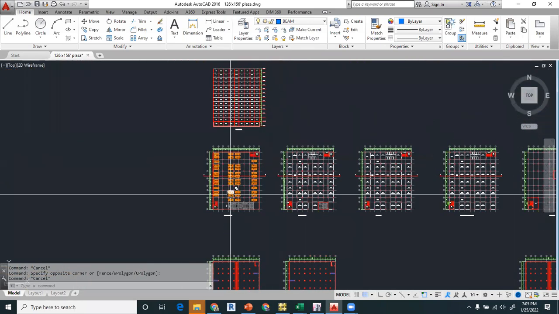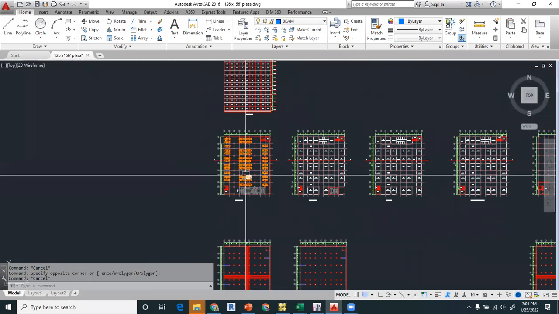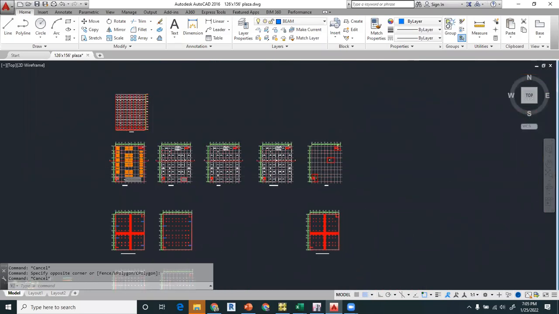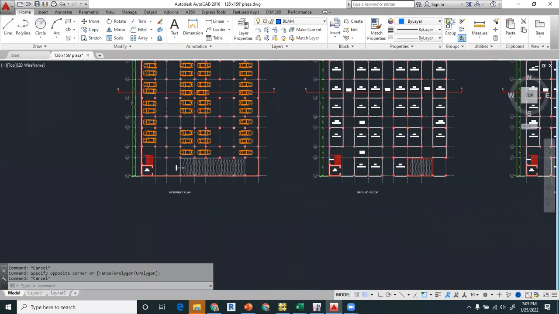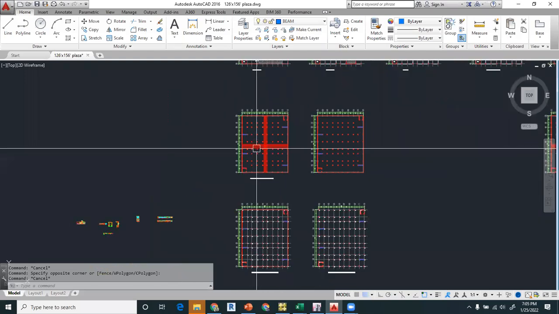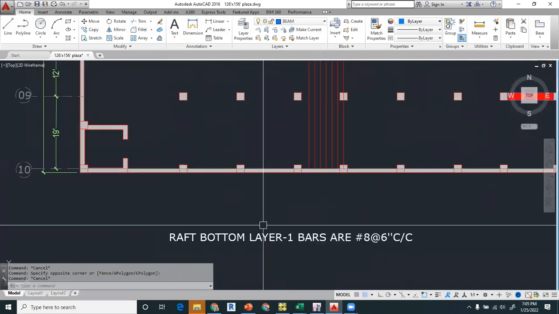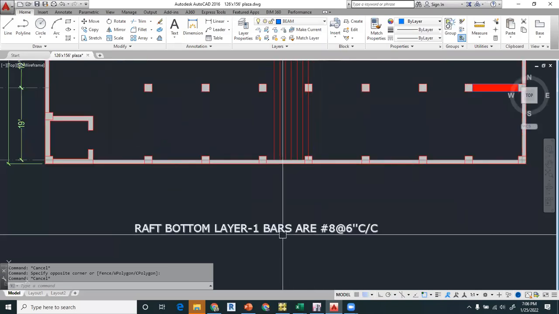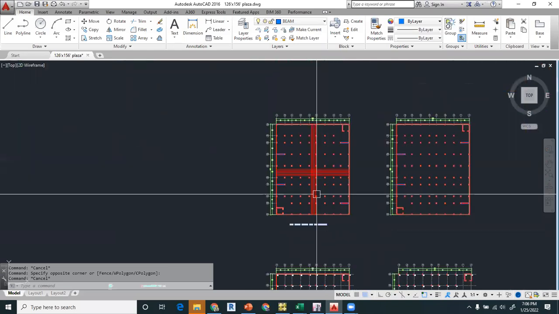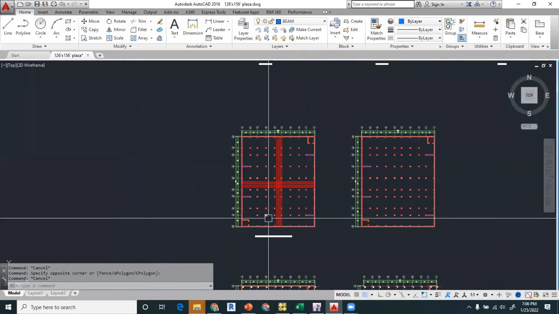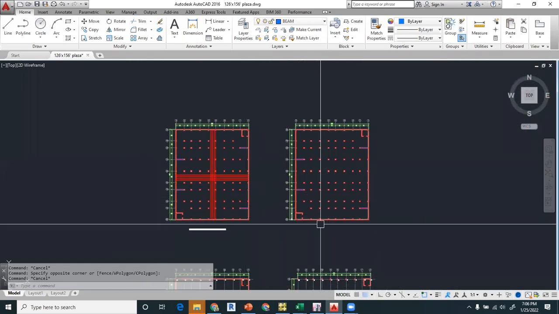So first of all you have to insert the architectural drawings in the layout, whether it is basement 1 or basement 2, and then after that you have to go for the raft. So this is the raft bottom layer 1 bars, and I have written it as number 8 at the rate 16. These are the bars represented, which are the continuous bars, so this will be the first layer and the